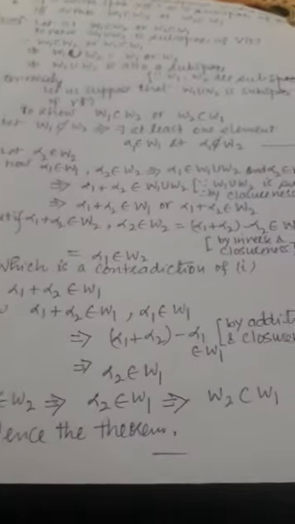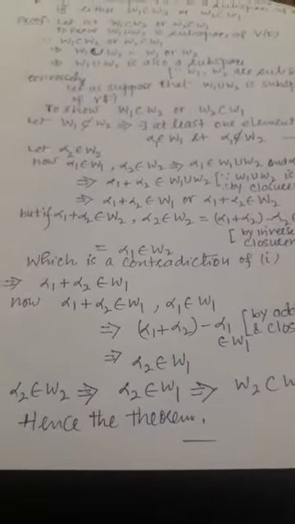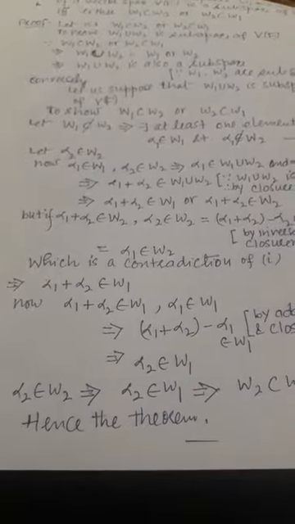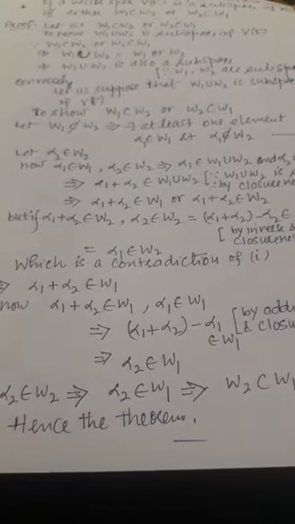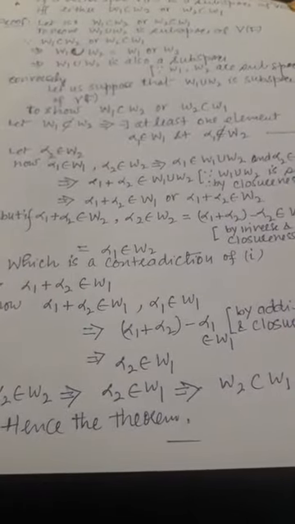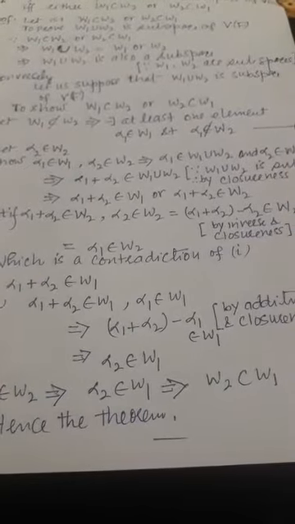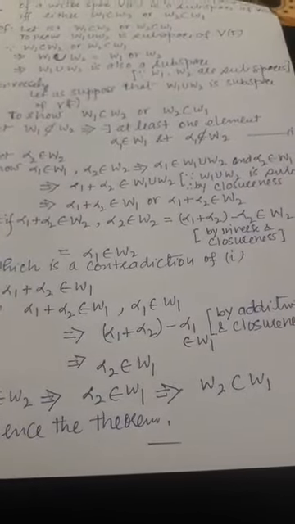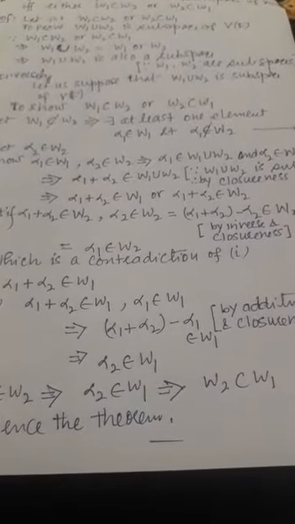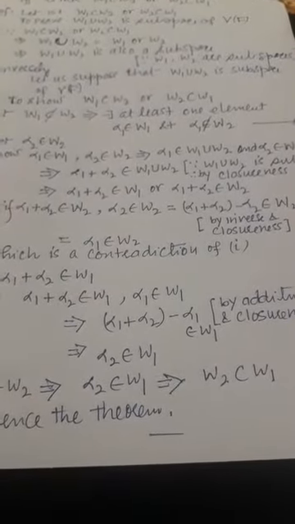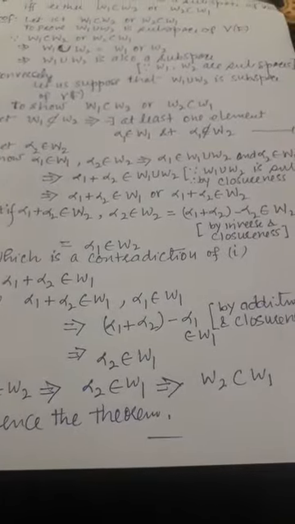Now let alpha 2 be any arbitrary element of W2. Now alpha 1 belongs to W1, alpha 2 belongs to W2, which implies that alpha 1 belongs to the union of W1 and W2 and alpha 2 also belongs to the union of W1 and W2,